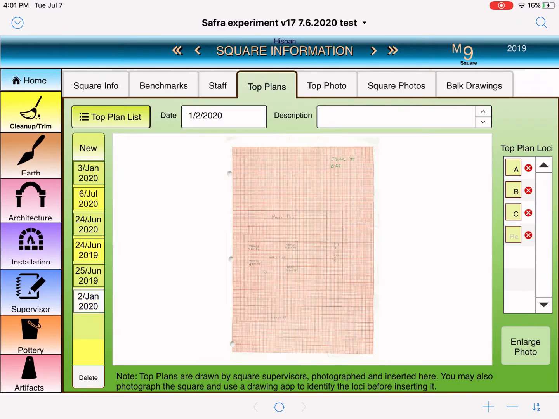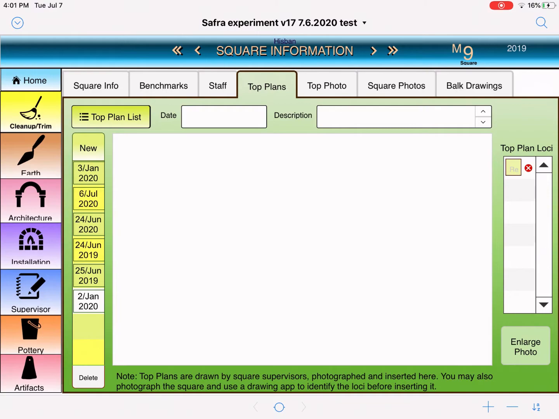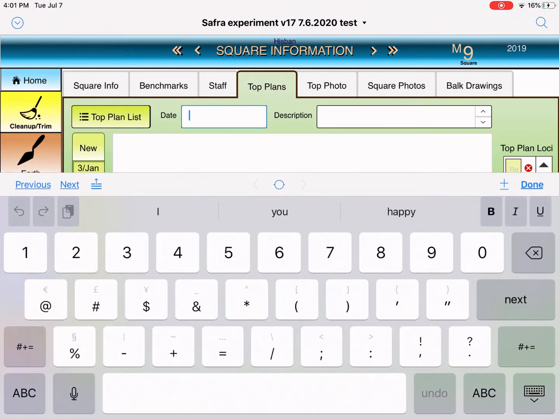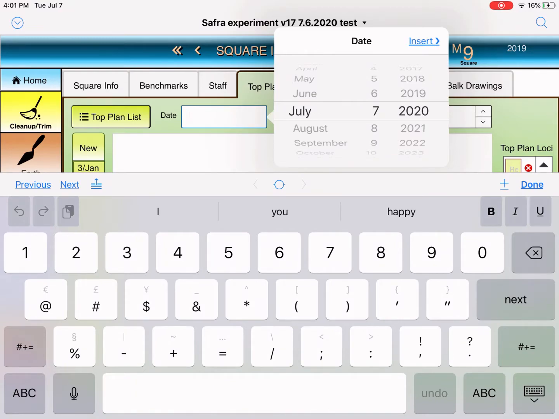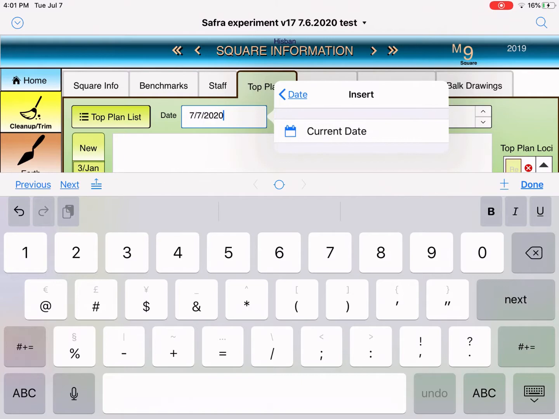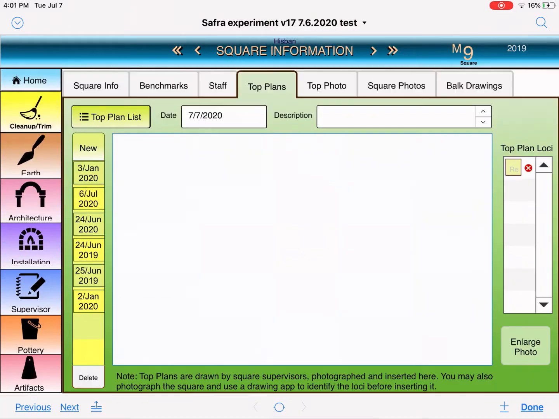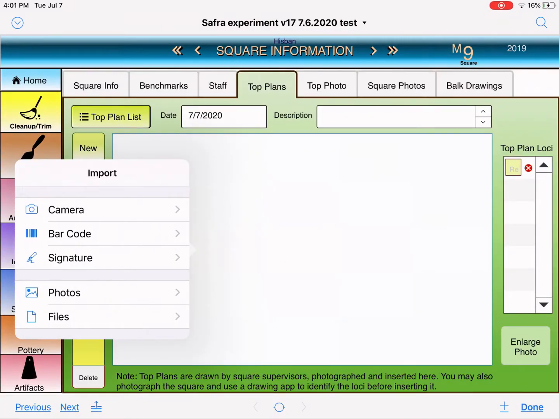So now, how do we add a new top plan? The way you do that, on the right hand column, you see there is a new button. You select the new button, and what it's going to do is give you this blank box. The first thing you want to do is put the date. In this case, it's automatically going to show us the current date, so we're going to insert the current date. Click outside, or tap outside the box onto the large white square or rectangular shape, and you have a way